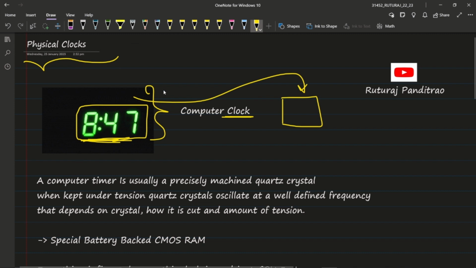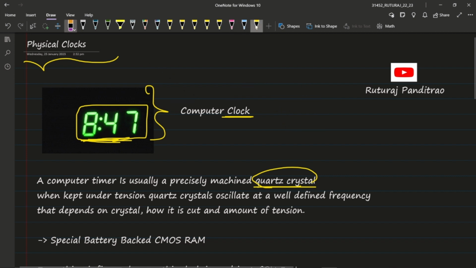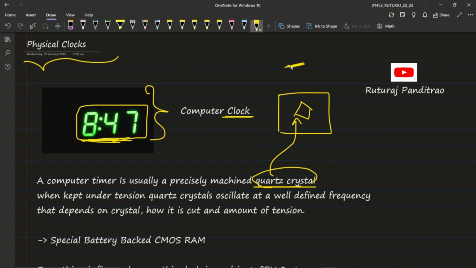Okay, so how are these clocks implemented? You might be surprised, these clocks are based on a quartz crystal. A crystal is used to tell you the time. It sounds very surprising, isn't it? Let me tell you in somewhat an abstract way how it is done. So basically this is a quartz crystal. We can use many crystals of multiple materials, but the most commonly used is a quartz crystal. This quartz crystal is made to oscillate, to vibrate in its position. And with the help of these oscillations and vibrations, we are able to find the value of time.